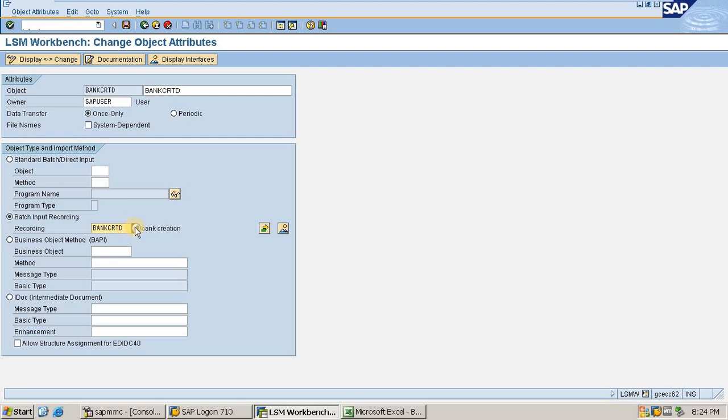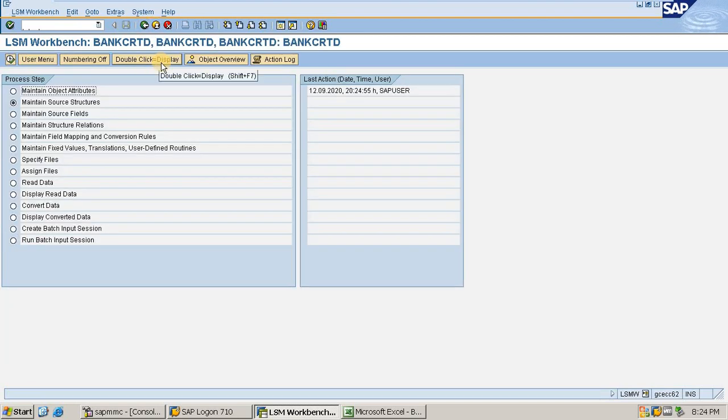Once I click this button, my recorded session is already picked up by the system. Now I'll have to click on the save button, nothing else. It is saved. Now I am pressing back. I'm coming back. See, once you have completed this step, SAP itself goes to the next step, that is maintain source